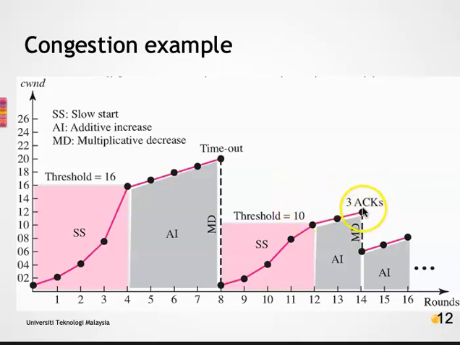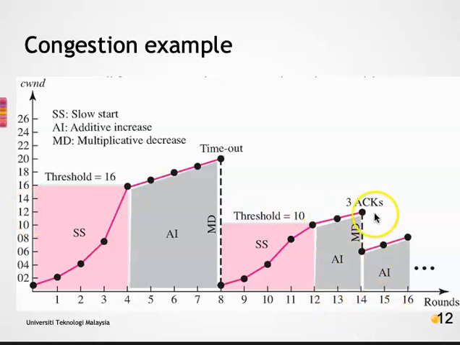This indicates a weaker possibility of congestion, and hence multiplicative decrease occurs, but it will go back to the congestion avoidance phase, or additive increase, instead of slow start. We should also notice that these 3 acknowledgements were received when the congestion window is at size 12 and